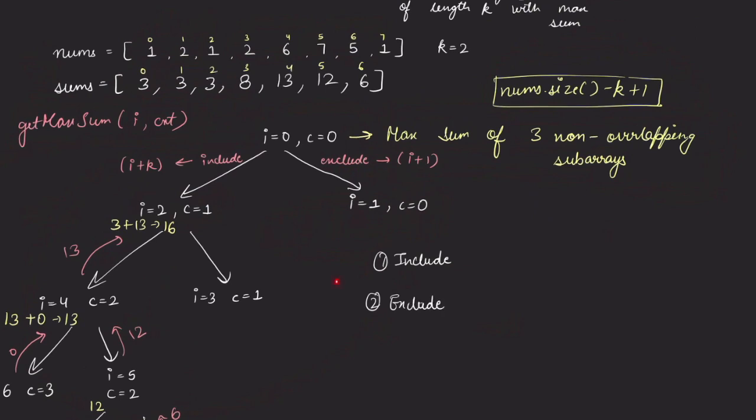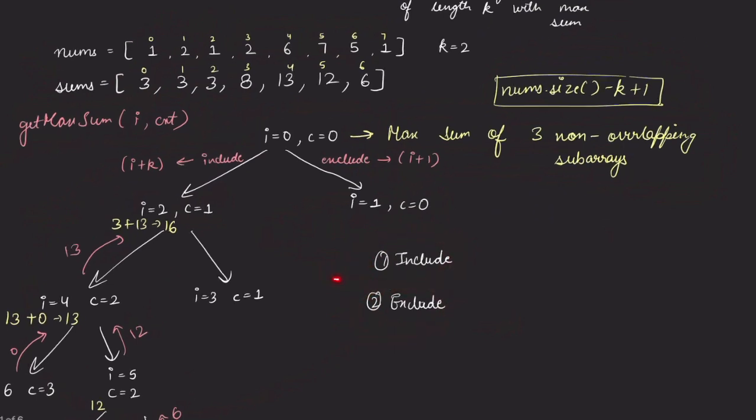So for each index, let's suppose this include is giving me the sum if I consider this particular index, and if I exclude this, then what is the sum that we are getting? So whenever include is giving me a sum that is greater than exclude, then I will include that index in my answer,